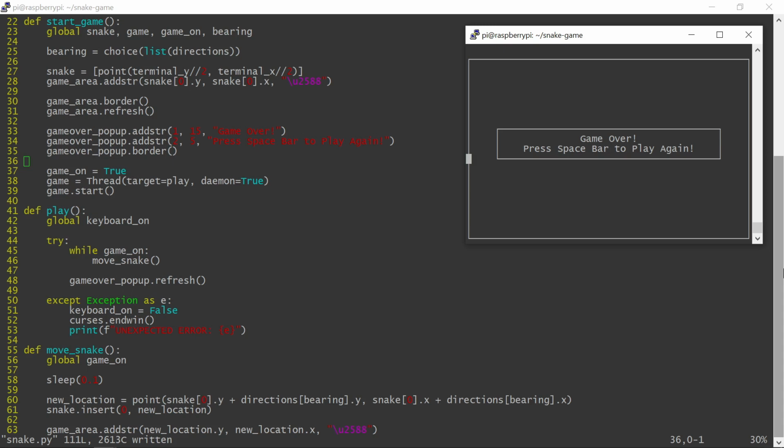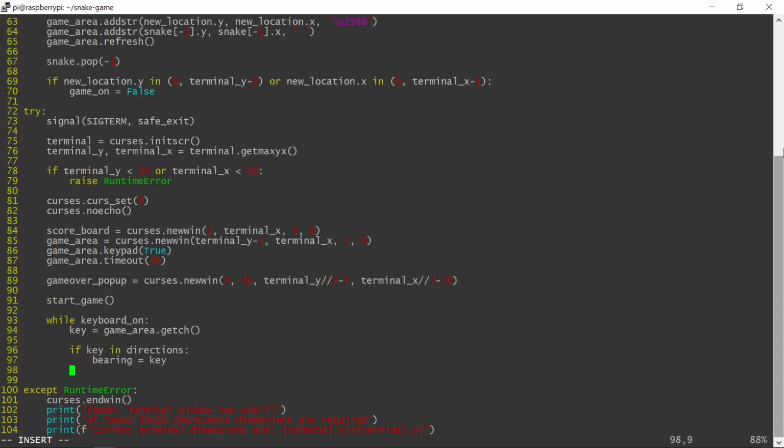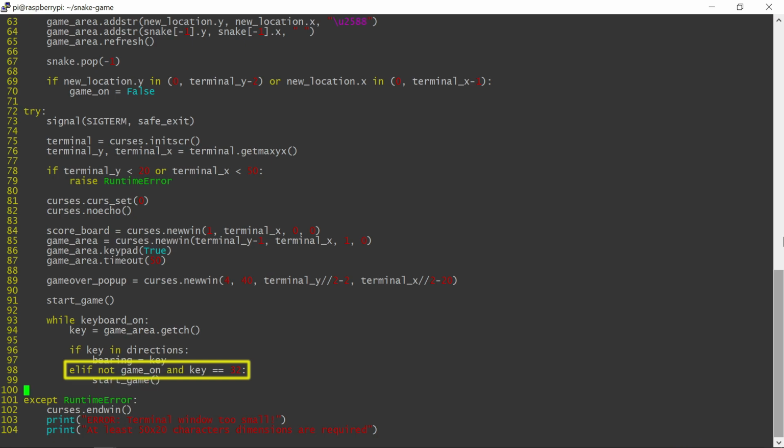Obviously, when I press the spacebar right now, nothing happens, as the accepted keyboard input is limited just to the arrow keys. Let me add the spacebar key to the allowed input. The key code for the spacebar is 32, but I only accept it if the snake is not currently moving. Only if the game is over and the spacebar is pressed, then the game will start again. Calling the start game will reinitialize the game interface and restart the animation from the middle of the screen.